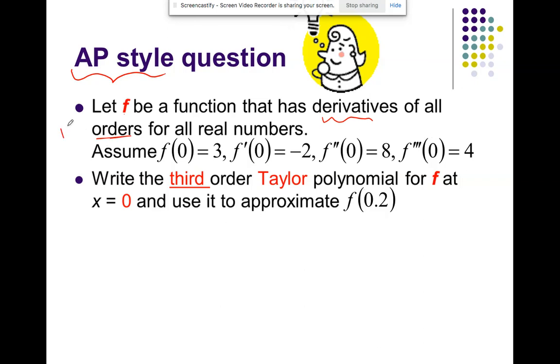Orders means there's the first, second, and so on. First order, second order, third order, first order. That reminds me of new Star Wars, right? First order. Anyway,